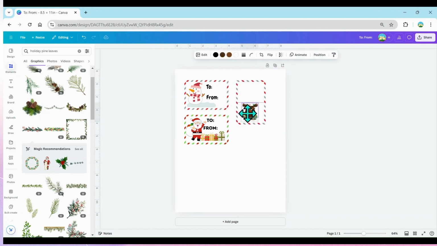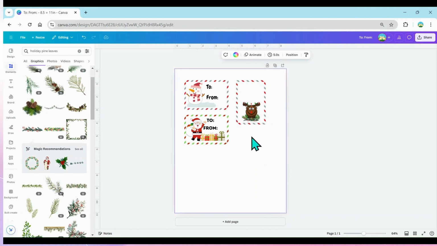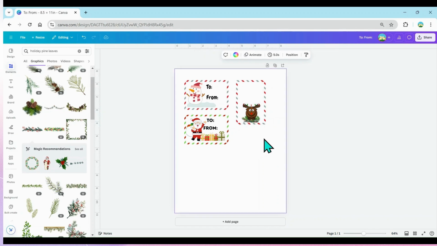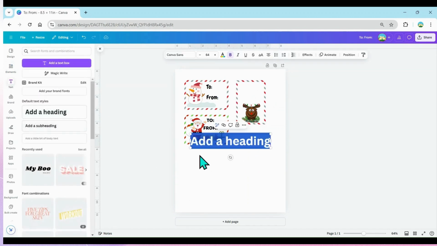So in this case, I'm gonna place him in the center. I'm gonna find my center on my tag, which is right there. It's gonna tell me, look, that red line, I don't know if you're able to see it, but it's right there. I'm gonna leave it there, and then I am going to place it and group it. Group, and then I'm gonna go to text so I can do my to and from. Add heading,